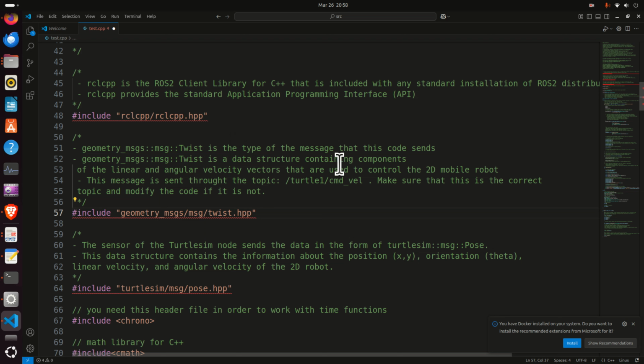That is, the control actions will be embedded into a twist data structure. So what is the twist data structure? The twist data structure contains the components of the linear and angular velocity vectors, and this is explained previously in the tutorial. This message is sent through the topic turtle1 command velocity, and we discovered this topic previously in this tutorial. Here you have to make sure that this is the correct topic and modify the code